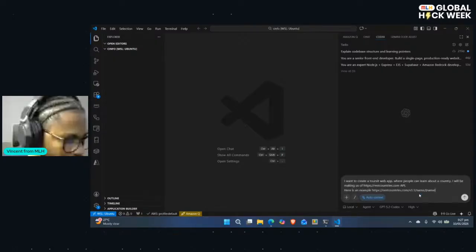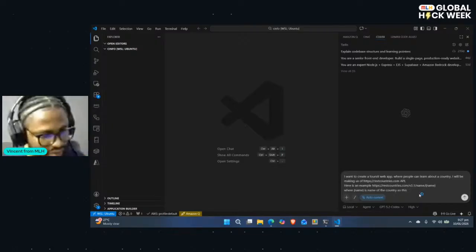So here's an example, name of the country, where name is the name of the country. This returns the JSON below.